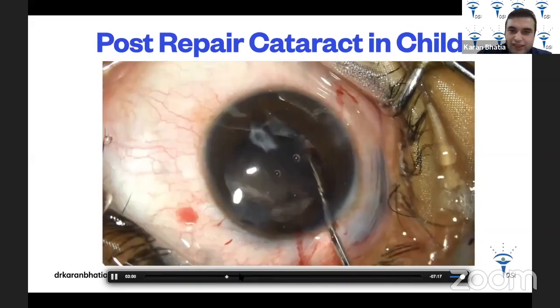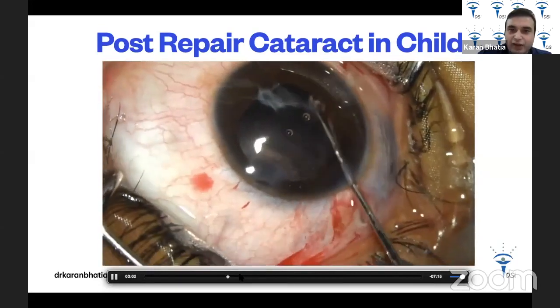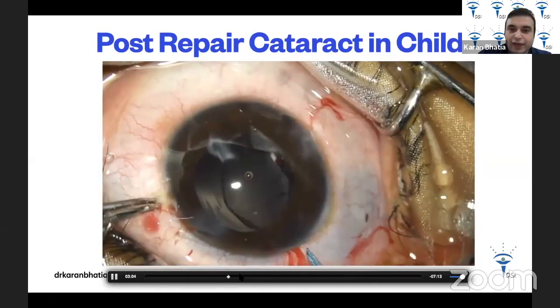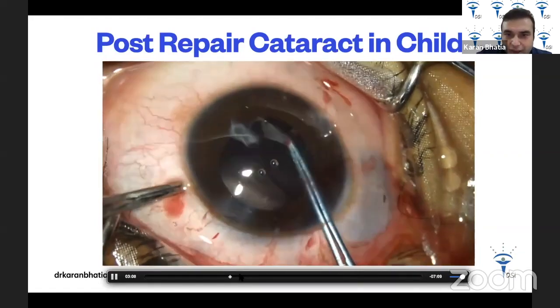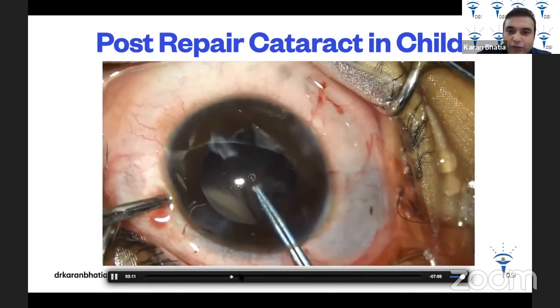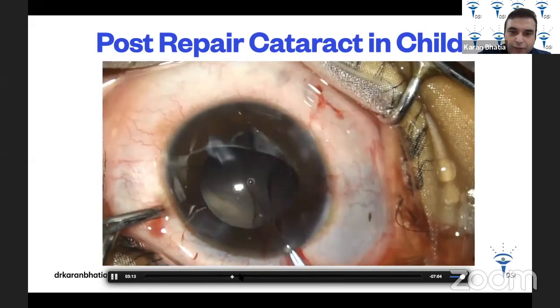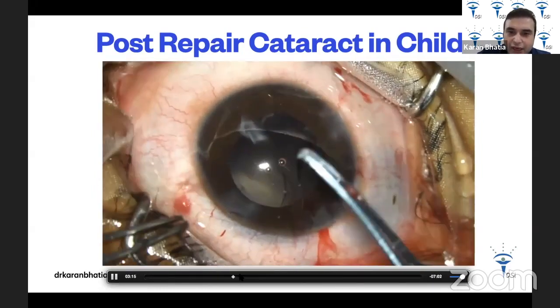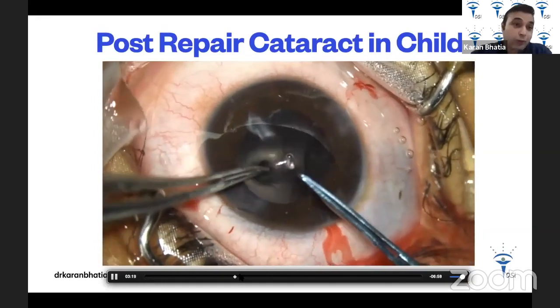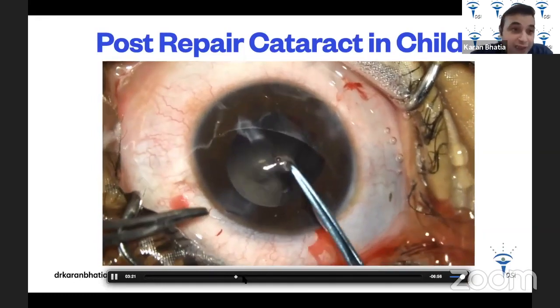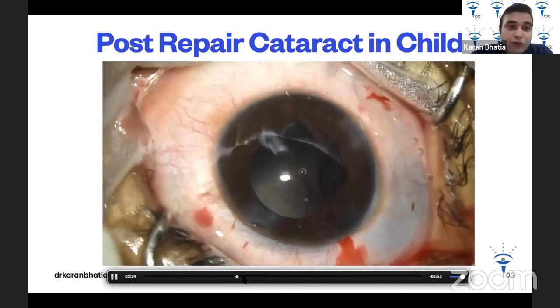Once this is done, there is some synechiae that has developed over here, some fibrotic part. So I'm trying to release that. And then you see over here, there's another plaque. So then again, I'm going to peel it off with my microrhexis forceps, Haldipurkar type. And then I get a clear view over there. This is also quite thick. And these are very common post-trauma, particularly in children. So you'll have to peel them. And if they're not peeling, you have to take them out via a cutter.